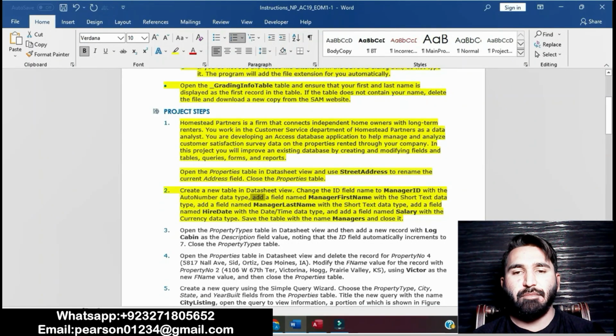Add a field named Manager First Name with the Short Text type. Now we will have to add a new field, Manager First Name.